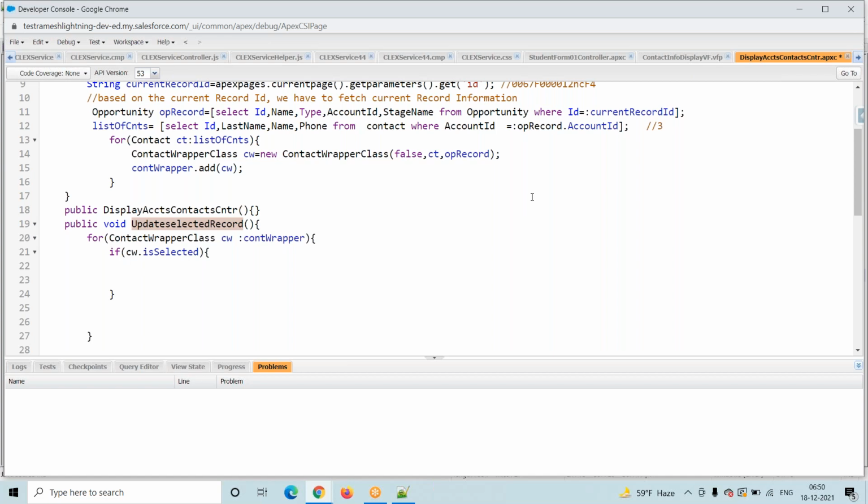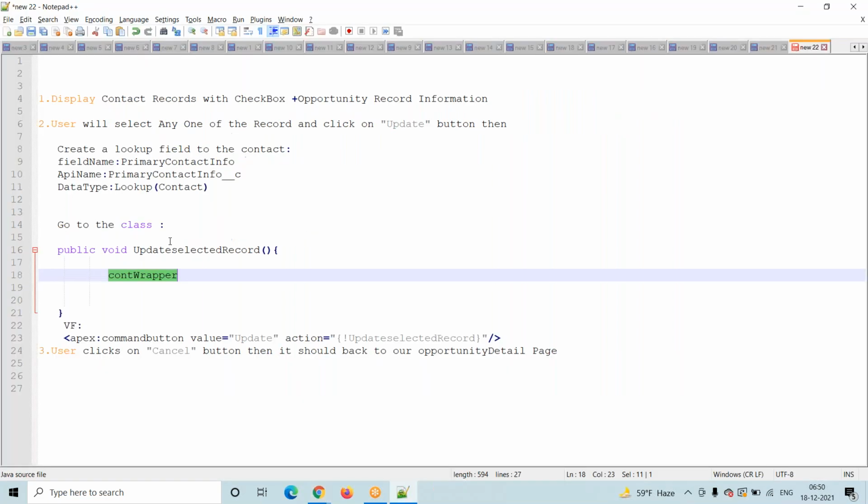First we have to bring the complete records. There is no chance to directly get the selected record. First you have to bring the list. Which list are you displaying? First bring that particular list. Yes, I'm taking this list. This is my list. In this list we have to check